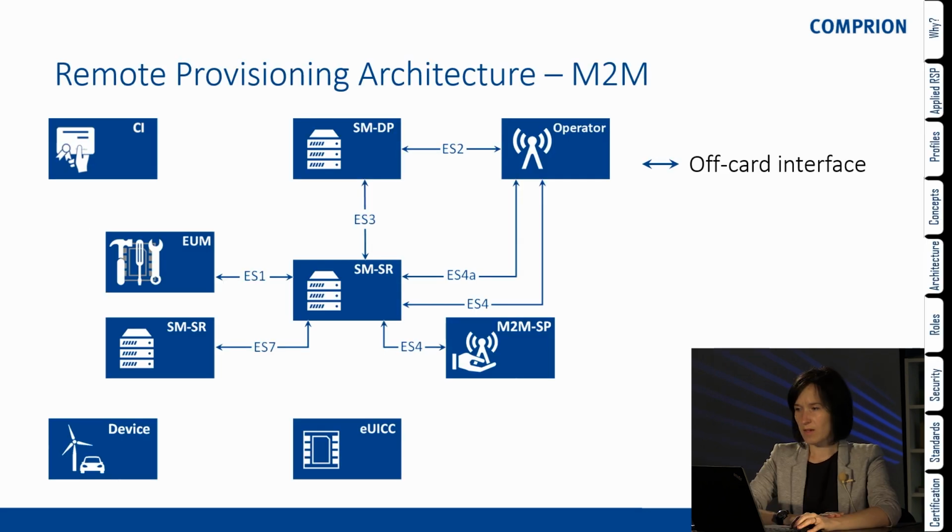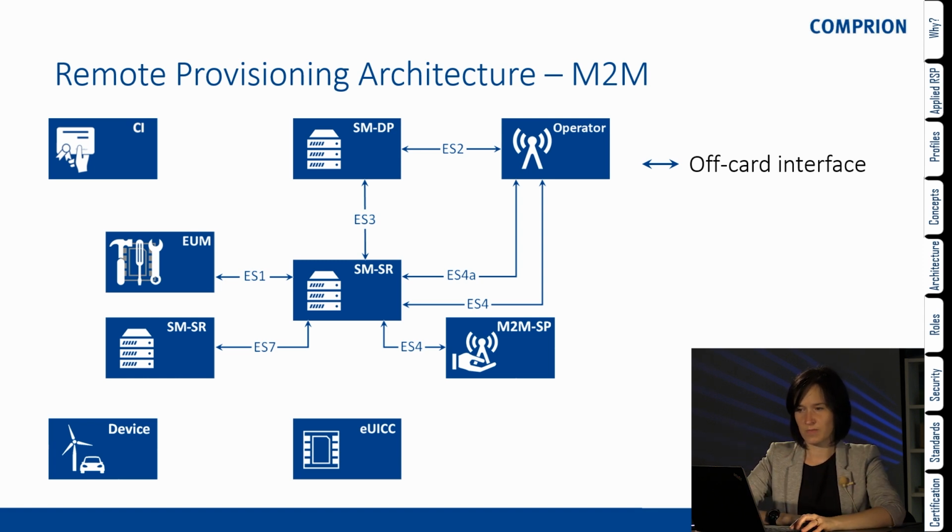Okay, here we go. So now you see the architecture, and you're already familiar with the components. Let's take a look first at the interfaces. The blue lines in our picture are the off-card interfaces: the ES2, ES3, ES4, ES1, and ES7 interfaces. Actually, these are the interfaces to the off-card entities, so all of the server parts or entities that are not on the card. And the communication is happening all inside of the